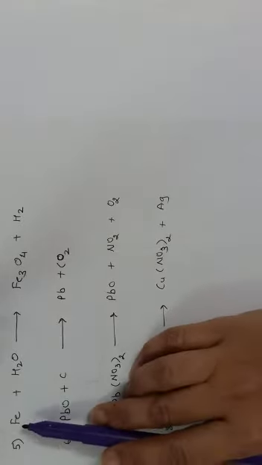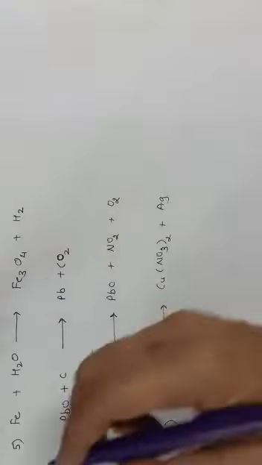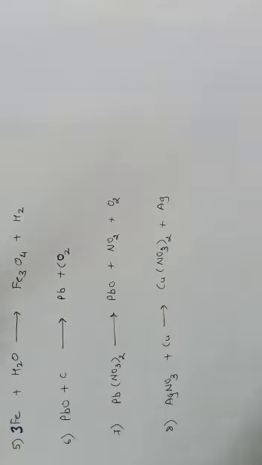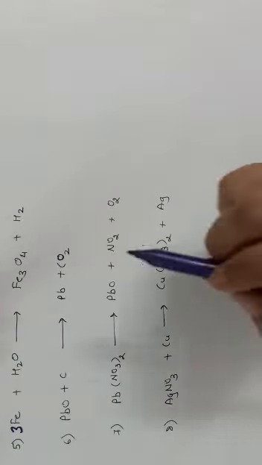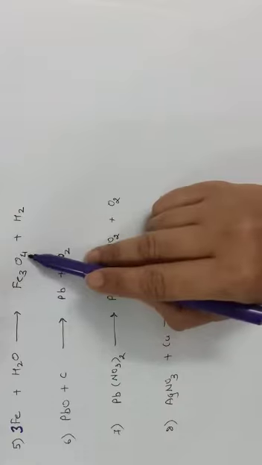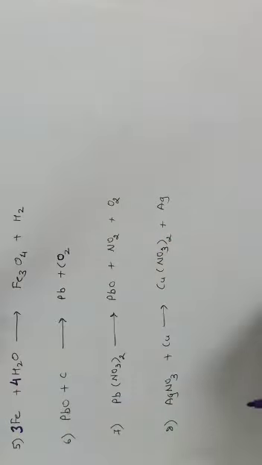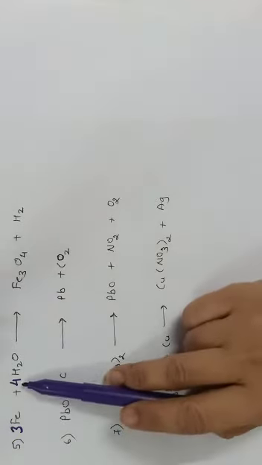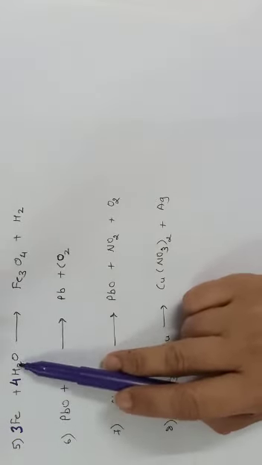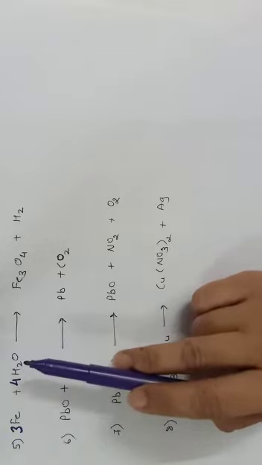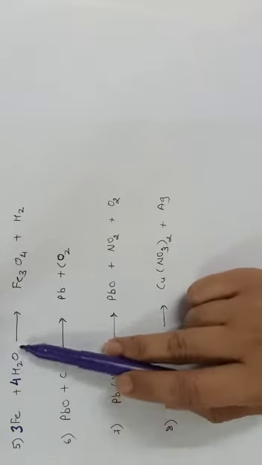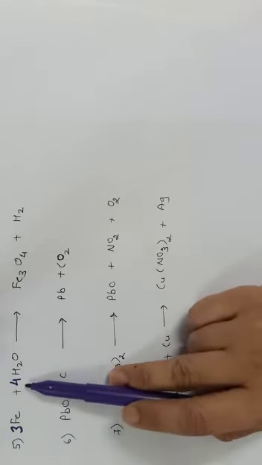So iron here is 1 and here 3, therefore I will write the number 3. I will make the atoms of iron 3. Oxygen is 4 on the product side, and therefore on the reactant side I will also add 4. Now my dear students, one most important mistake made by students is that they don't write the number in front of the compound, they write it in the middle. That is wrong. The whole compound will be multiplied by that number.